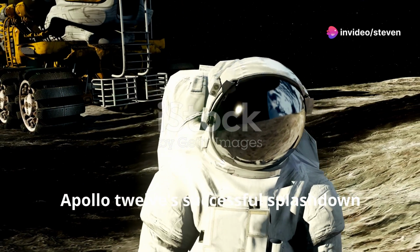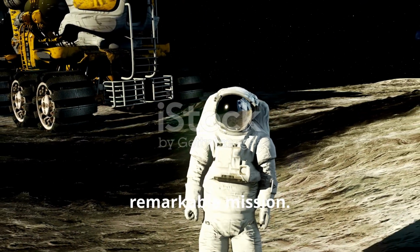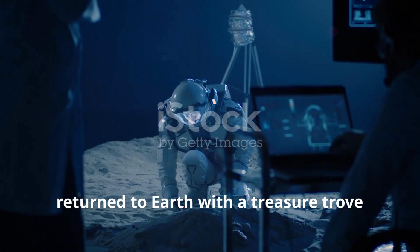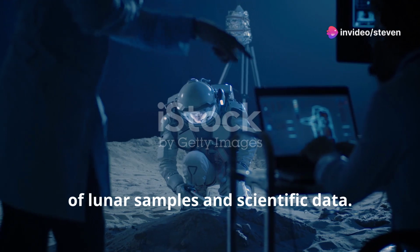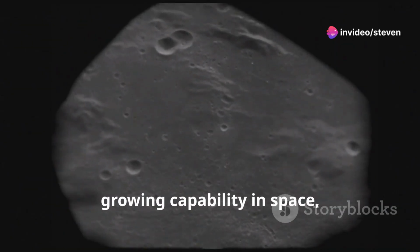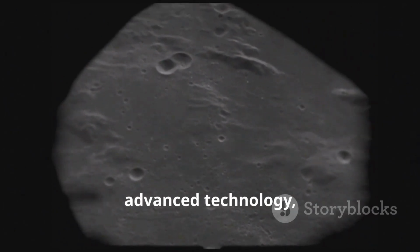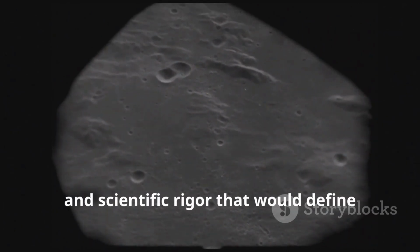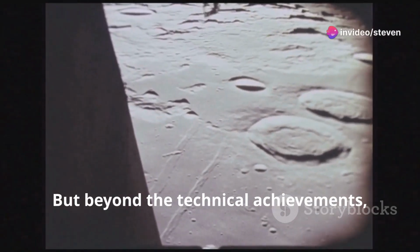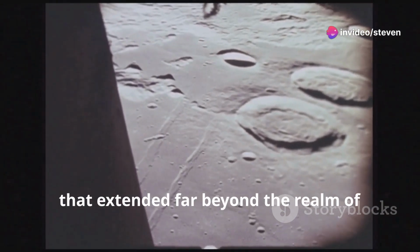Apollo 12's successful splashdown in the Pacific Ocean marked the end of a remarkable mission. The crew, hailed as heroes, returned to Earth with a treasure trove of lunar samples and scientific data. Their mission had demonstrated NASA's growing capability in space, showcasing the precision landing, advanced technology, and scientific rigor that would define the Apollo program. But beyond the technical achievements, Apollo 12 left an enduring legacy that extended far beyond the